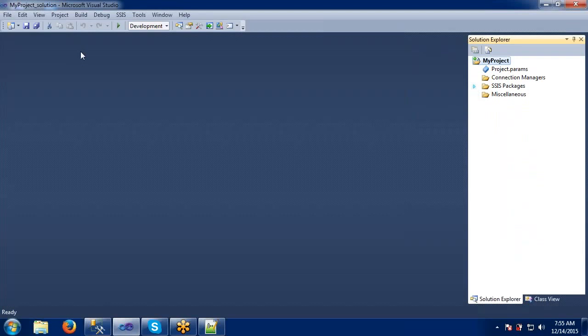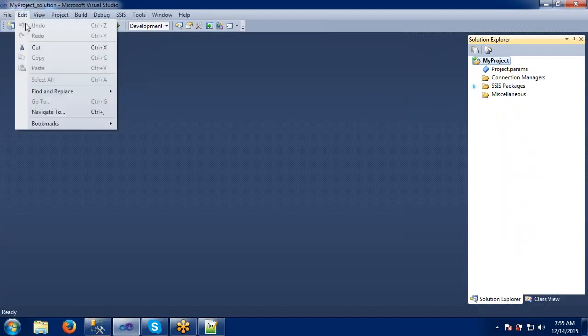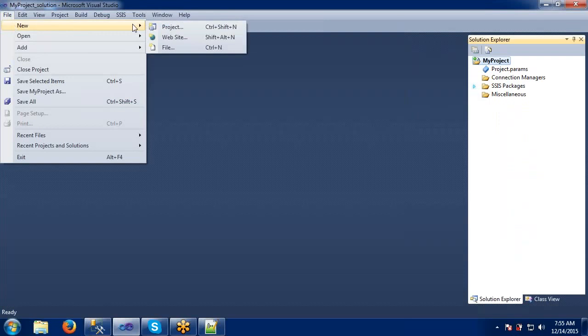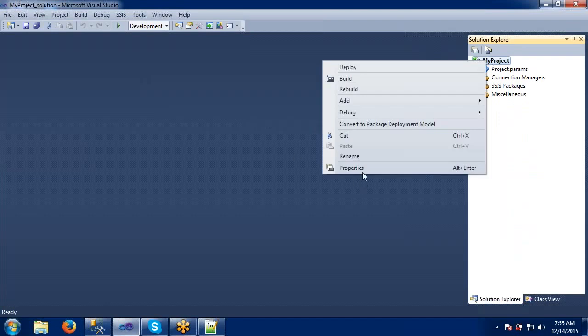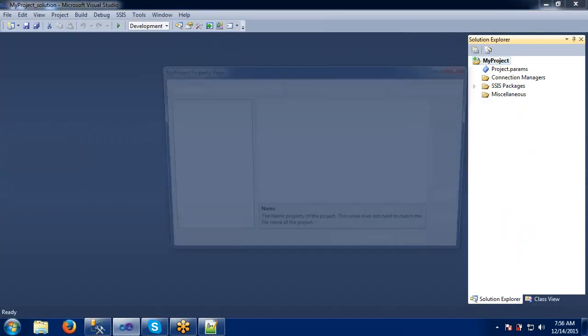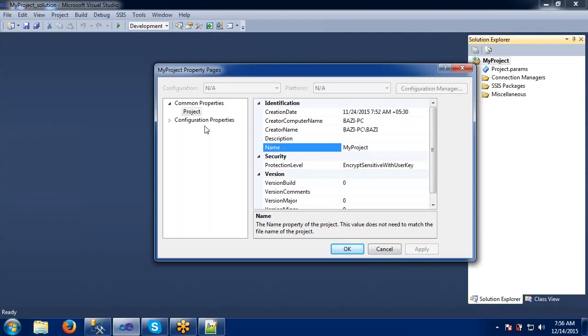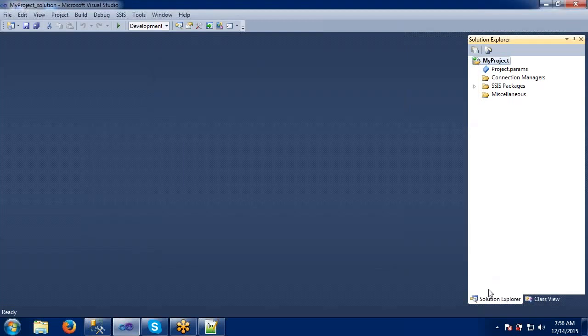Okay. So from here, if you go to the file, we can directly start a new project also, which is nothing but a simple new SSRS. Again, a new solution. If you remember this one, this is my properties. Go to this one. So here it is like this.